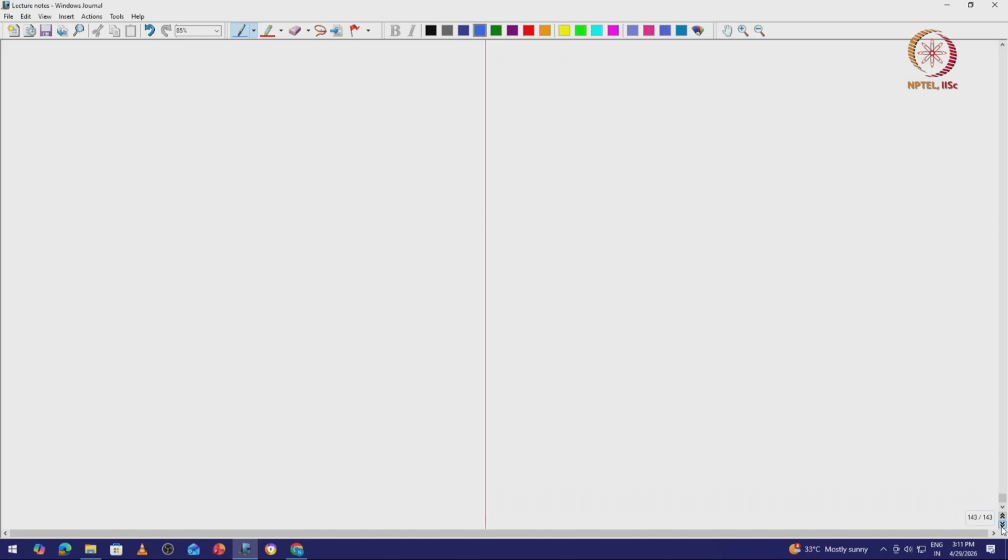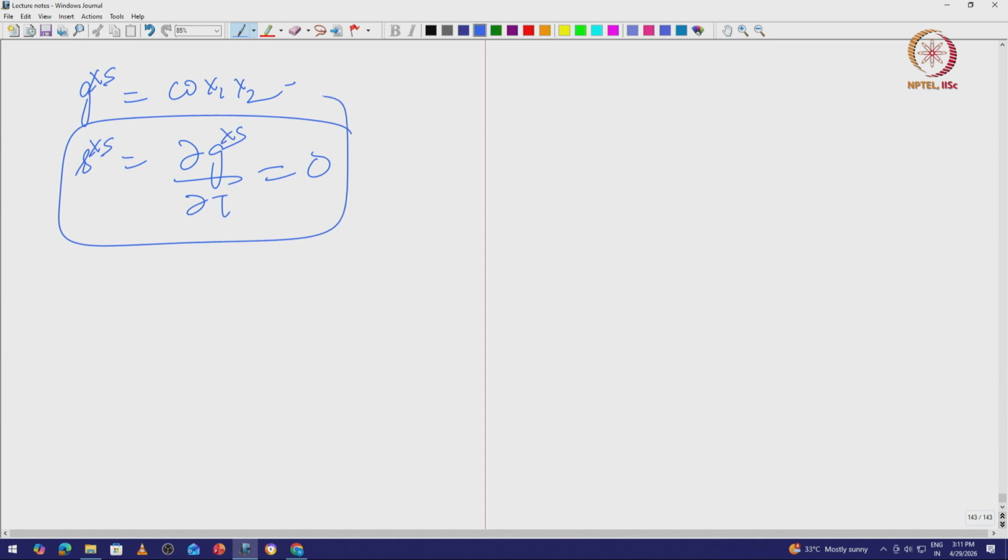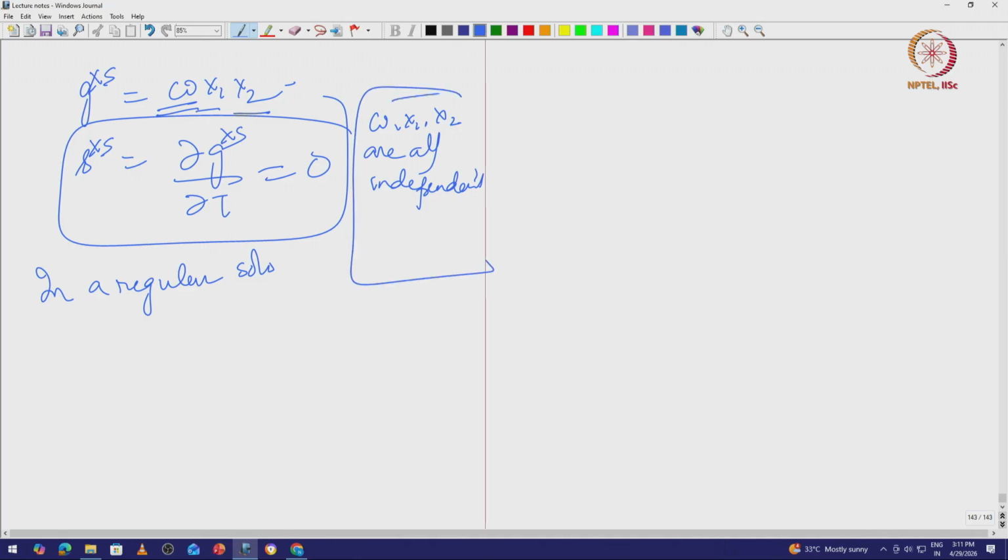Okay. So, now let us calculate this. I have Gxs is equal to omega x1 x2. From this, let me calculate what Sxs is. Sxs is nothing but dou Gxs by dou T, and that is 0, right. So, I do not have any Sxs, right. So, in a regular solution, the assumption is omega is not a function of temperature, x1 and x2 are also independent of temperature. Omega, x1, x2 are all independent of temperature. It is an assumption, it need not be true, but it is an assumption. Okay. In a regular solution,